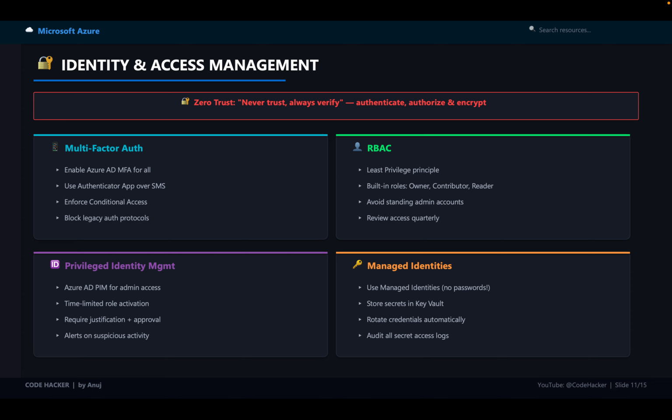Now, here's the thing. The number one cause of cloud breaches is compromised identities, not hacking, not malware, but stolen credentials. Azure's approach is called zero trust: never trust, always verify. Every single access request must be authenticated, authorized, and encrypted. Here's what you need to implement: